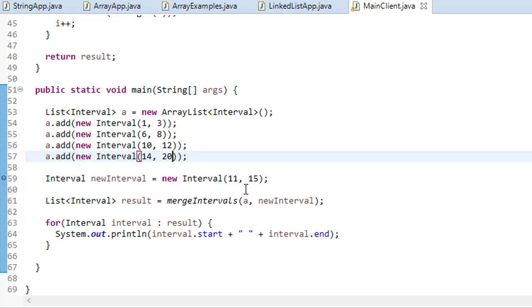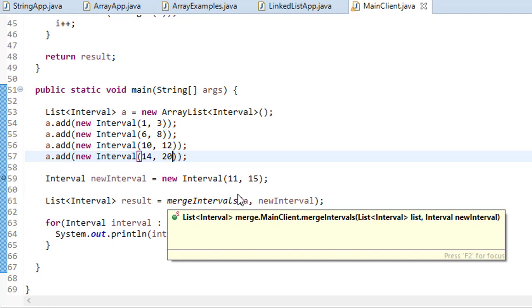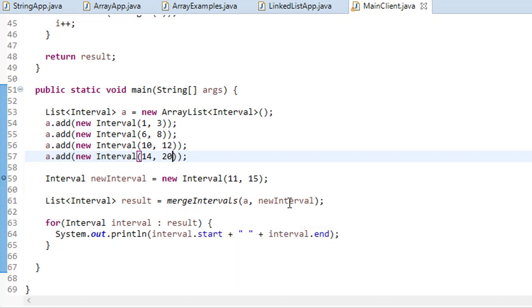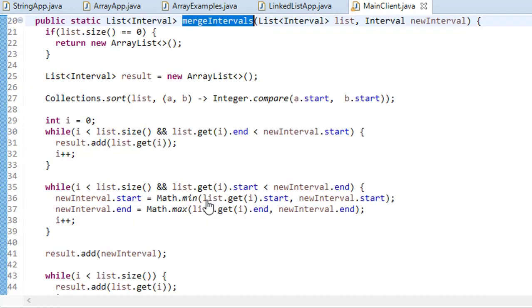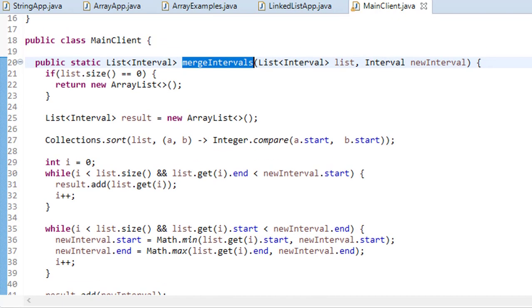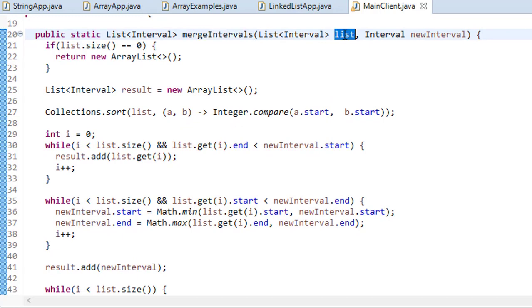Now we are calling this merge interval, passing the whole list and passing the new interval. So you go here in merge interval, and here you check. Here we are passing the list, and here we are passing the new interval, right?